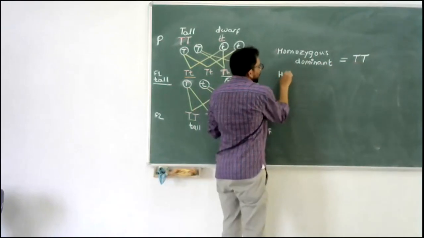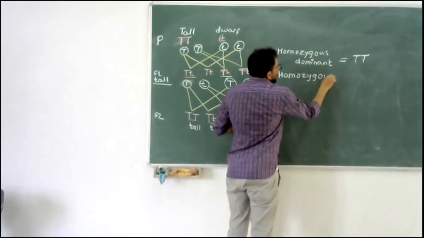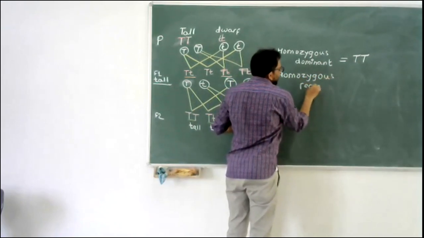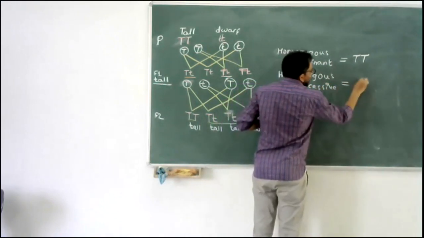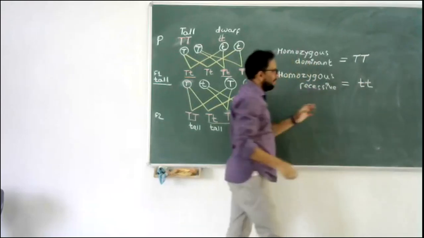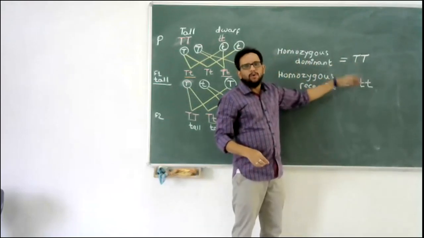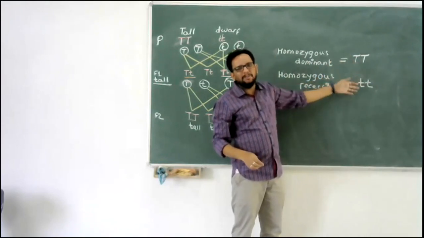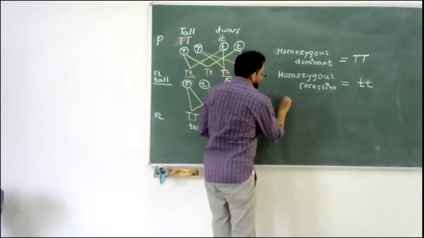Then homozygous recessive. That means both the alleles are recessive alleles. So that means when these individuals were generated, both their parents, that is father and mother, took the same allele with the same character. And then we have